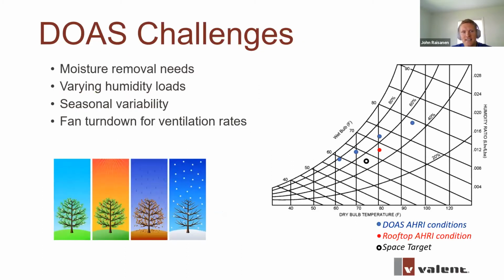So the challenges and differences between a DOAS unit and a standard packaged recirc unit is they're typically designed to handle a high amount of humidity. Maybe that's not necessarily number one on your list out there in Colorado, but that is typically what they're designed around. And the challenge with DOAS units is they have to condition high amounts of outdoor air, and that can be expensive. It can be costly to run that year round. You have to be able to hit, out there in Colorado and here in Minnesota, probably similar design days in the winter, maybe negative 20 degrees, negative 30 even in some instances. But you also have to be able to handle summer conditions at 100 degrees. And you have to bring that air down to room neutral conditions,